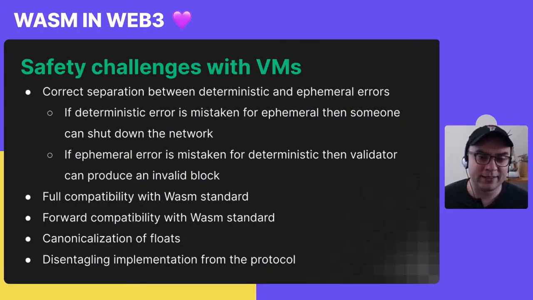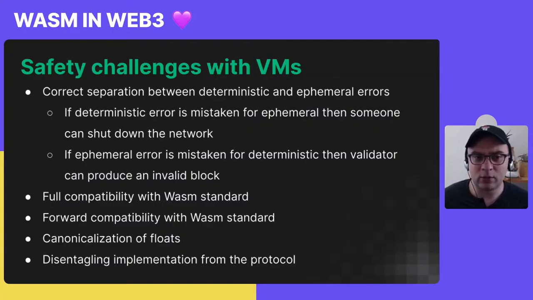A non-deterministic, ephemeral error is the stuff that happens because there is a fluke. I don't know, like you run some other programs on your cloud instance, and the node runs out of memory, or you have disk corruption. And this is something that can be happening just on your validator machine, or it can be happening on, for instance, all validator machines that run the same kernel version. This is something that has happened on one of our testnets. And so it's extremely important to be able to separate the errors that are being piped to you by the virtual machine into these two strict categories.